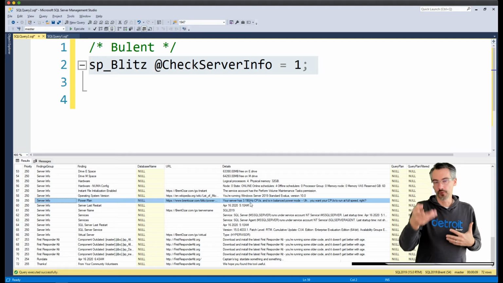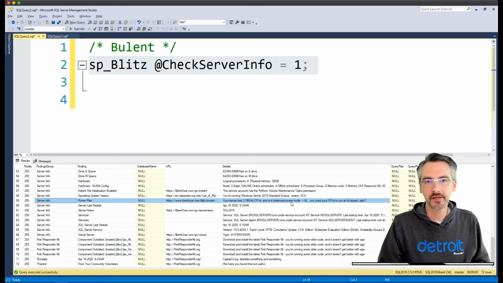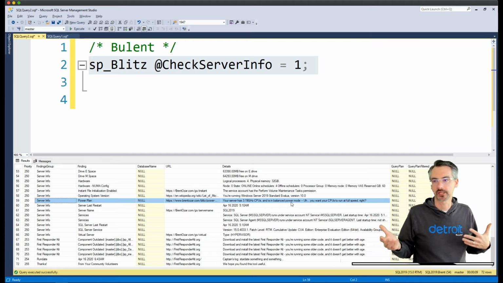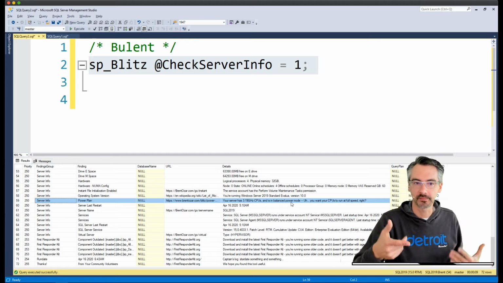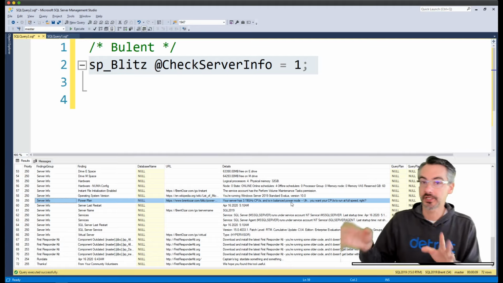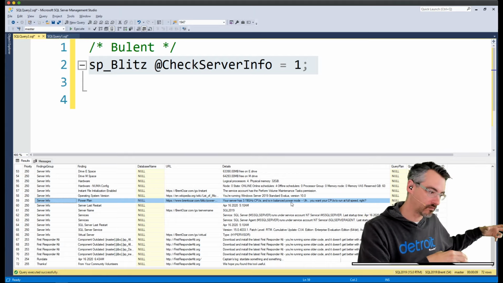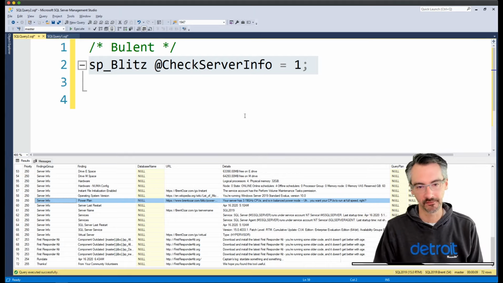So what can you do? If it's a VM in Azure, you can at least change the power saving. I don't think it's going to help you one bit, though. I think it's going to be overridden at the VM level. So you probably want to just raise the flag with management to say, I don't have a whole lot of easy buttons at the hardware level. This is going to be really hard from a server tuning perspective.